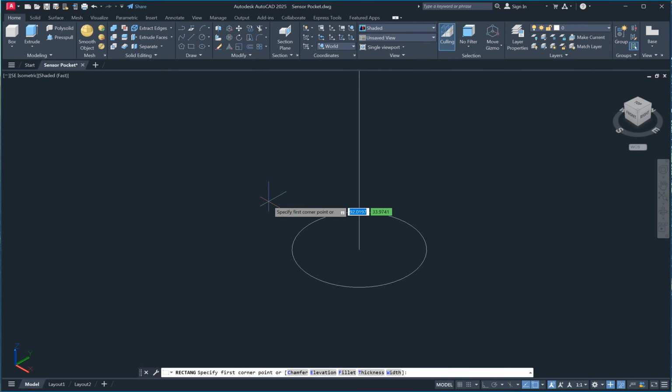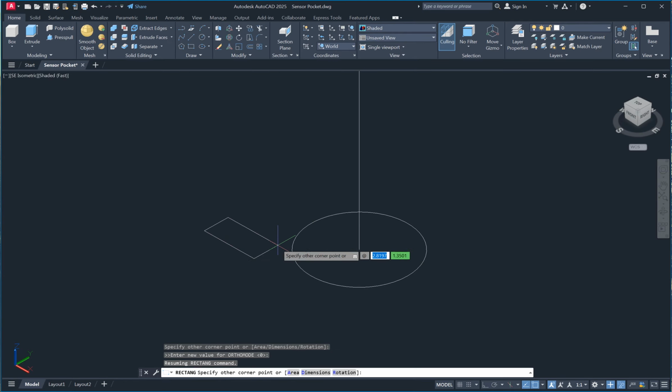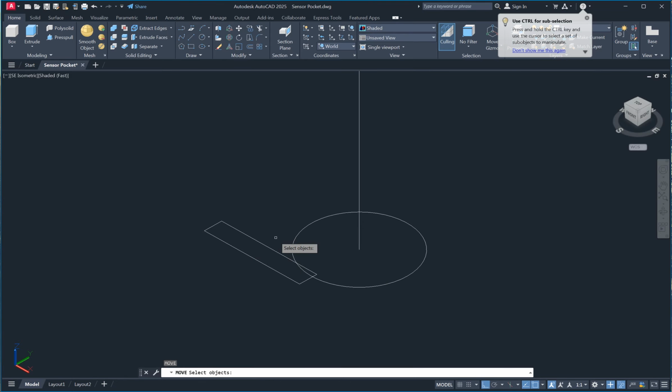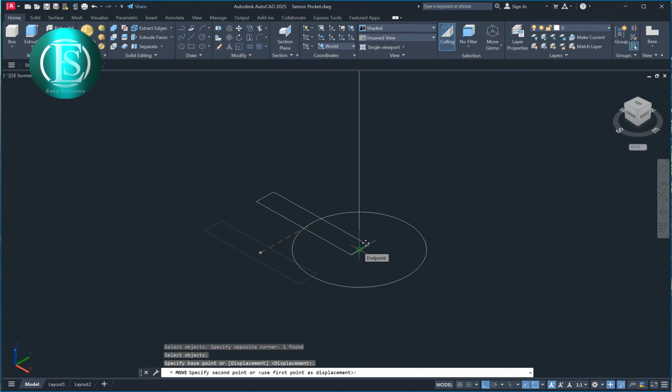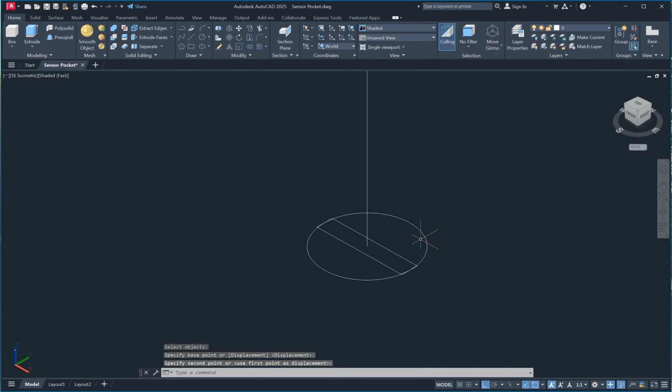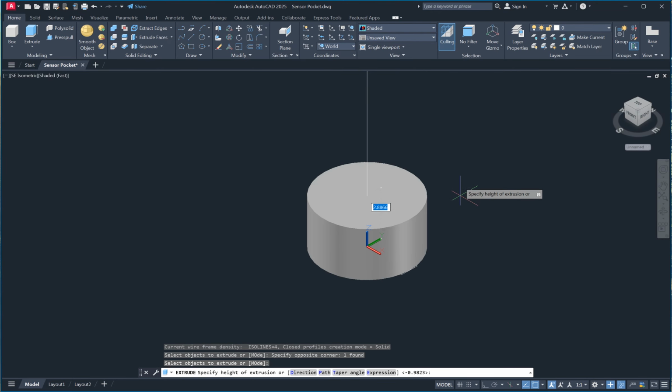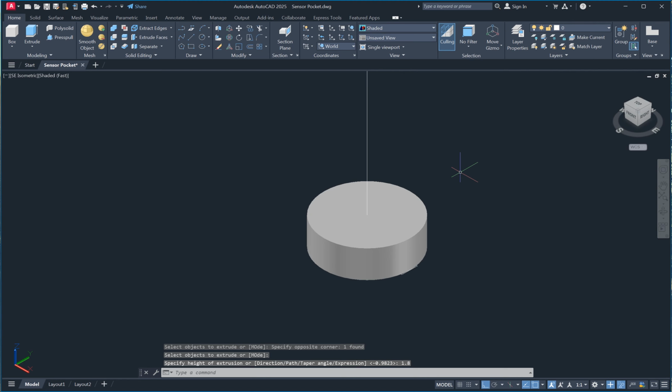We use this one for a rectangle, specify first corner point, click one, and then add 5.4, 0.98, and then move this rectangle, enter, select object, enter, specify base point and click here, and specify second point and click here. So the next extrude, EXT, enter, select this circle, extrude 1.8, enter.